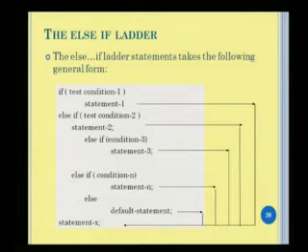What type of form? If test condition 1 and the condition is true, it will print the statement 1. Else if the condition is, अगर ये कंडीशन भी ट्रू नहीं होती है तो कोई और कंडीशन ट्रू होगी. Then to check out the second condition, else if test condition 2, it will check the test condition 2. If the test condition 2 is true, it will print the statement of the true. If the condition is not true, it will check another condition, then the another condition is else if condition 3.